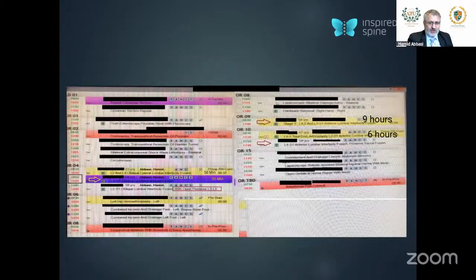This is one of the hospitals where I do surgery. ALIF. These are good surgeons. They do the anterior, break the scrub, reposition the patient, put in posterior screws. 6 hours, 9 hours, 2 levels. We do that surgery usually in 1 to 1.5 hours, and that enables us to help a lot more patients.